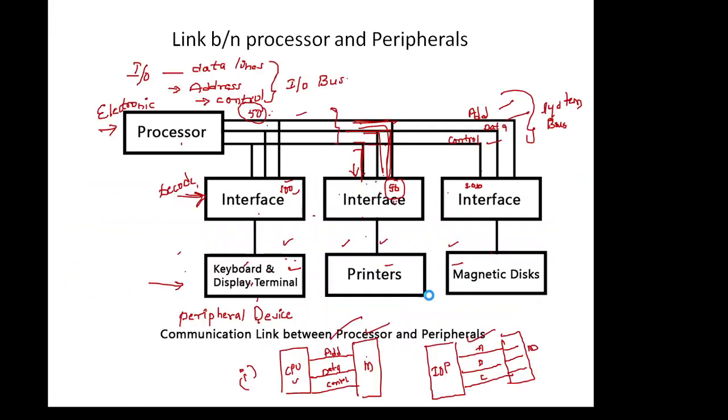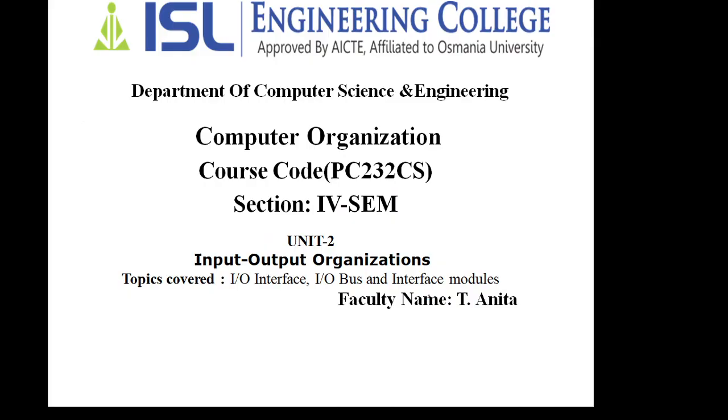So today, what have we seen? We have seen the introduction and what an interface is. An interface is a communication link between two devices. Why do we need an interface? Our computer is an electronic device, and the peripheral devices may be electromagnetic or electromechanical. We can't communicate between two different formats directly, so in order to make them communicate, we need an interfacing device.